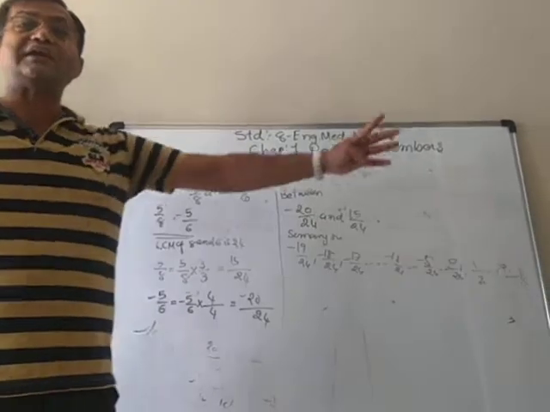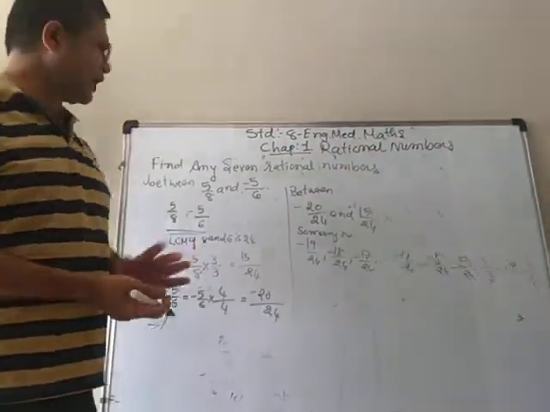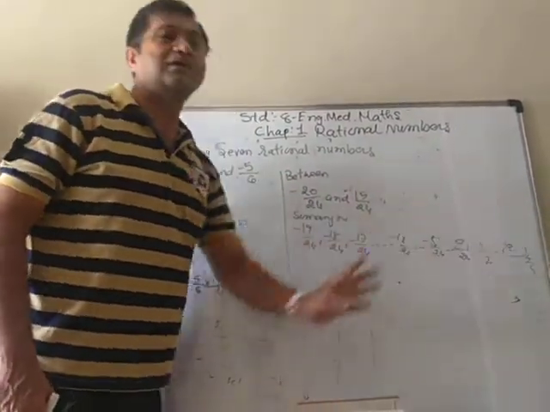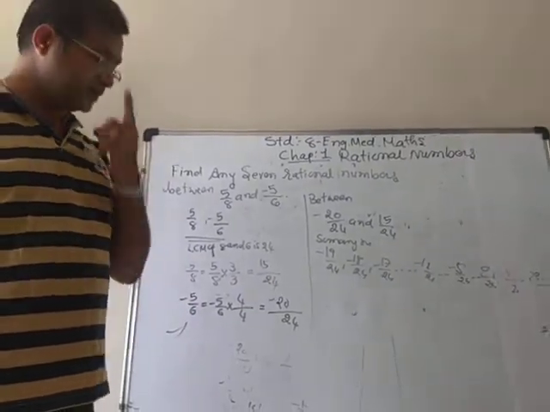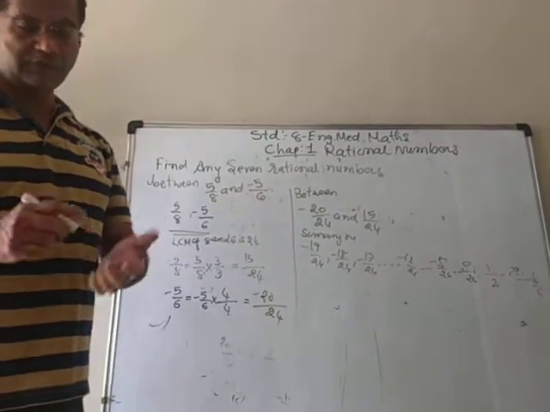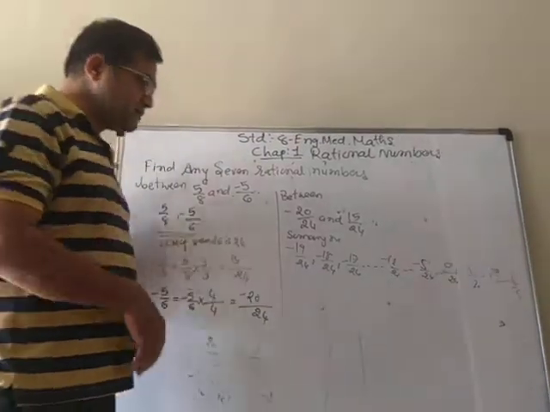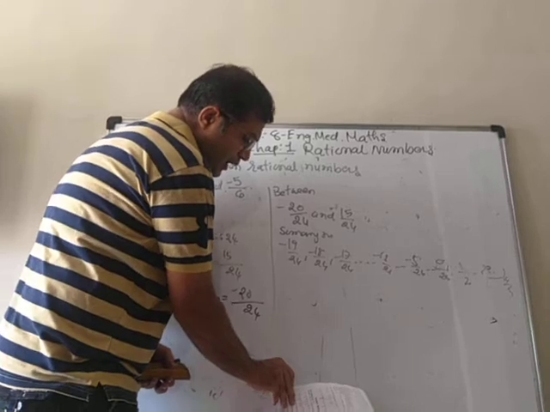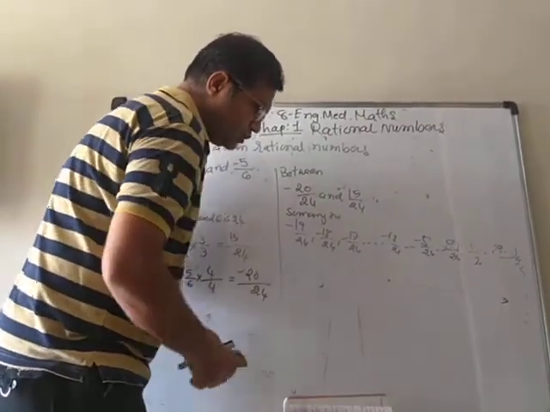You get a big range. From that, how many do we have to write down? 7. So you can choose any 7 numbers here and write down the answer. Here you will see that different answers will come for different students, but it must be between those two numbers. So that is a very simple thing we have to do.